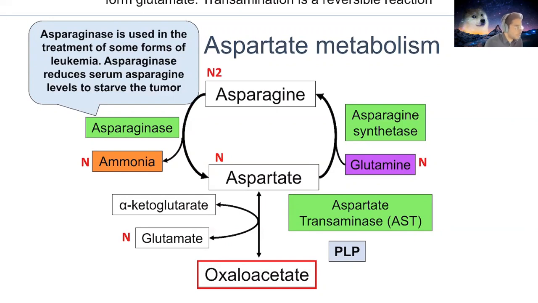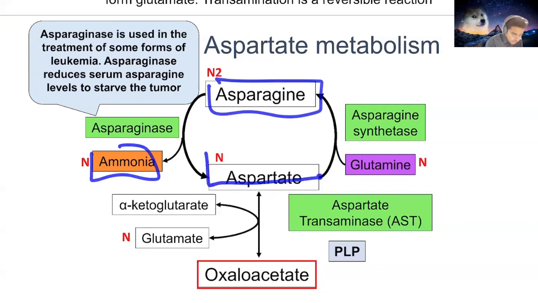So this is something that we can use to monitor any sort of tumor growth and progression. Remember, ammonia has a whole bunch of nitrogen that we can throw onto it. And the other thing we can do is recycle this back into aspartate. And this whole cyclic process can eventually lead to oxaloacetate, right? Oxaloacetate is really important because it once again helps with taking apart your asparagine into ammonia, and then taking the one extra nitrogen that's here and throwing that into